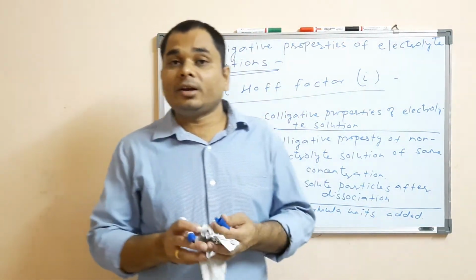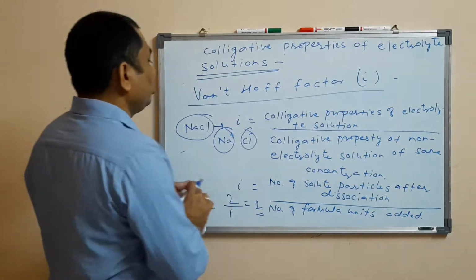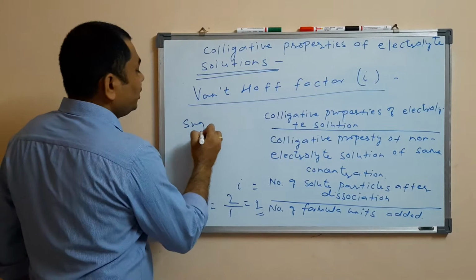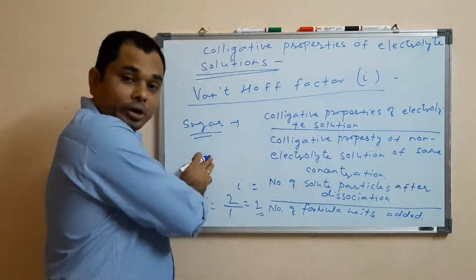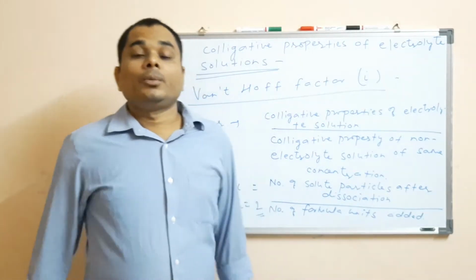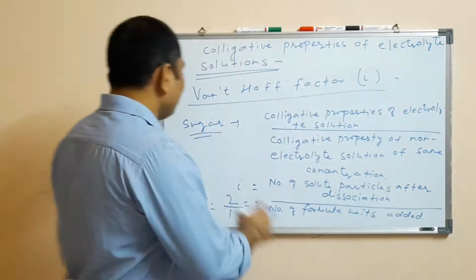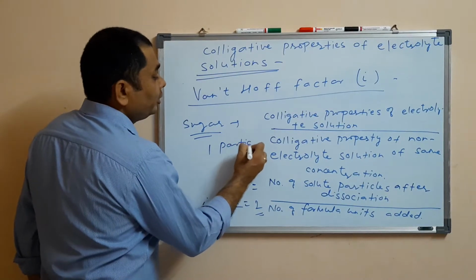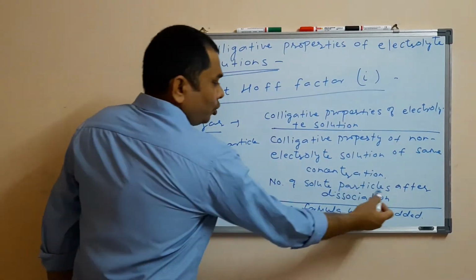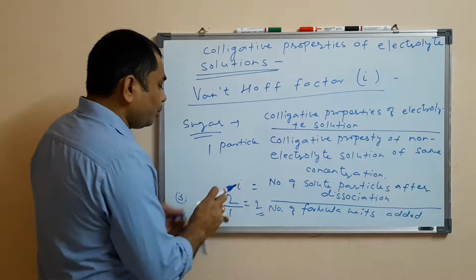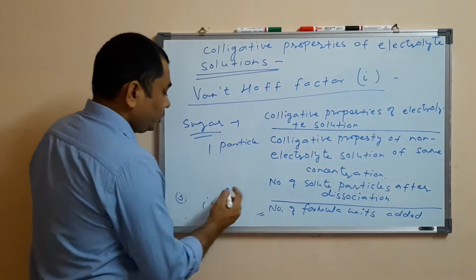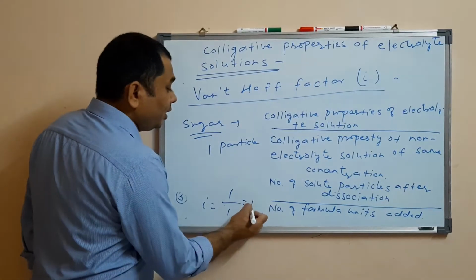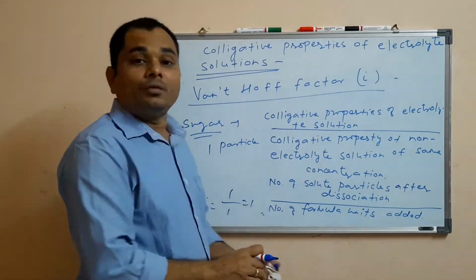अगर ये नॉन इलेक्ट्रोलाइट होगा तो क्या हो जाएगा? सपोज शुगर का हम लोग एक पार्टिकल ऐड करेंगे, will it undergo dissociation? No, it will not undergo dissociation. Why? Because it is a non-electrolyte. So therefore, एक particle हमने add किया, you will get one particle only. There will be no dissociation. So the number of solute particles after dissociation is the same, 1. Whereas, what is the number of units which we added? 1. So therefore, i value for non-electrolytes is 1.